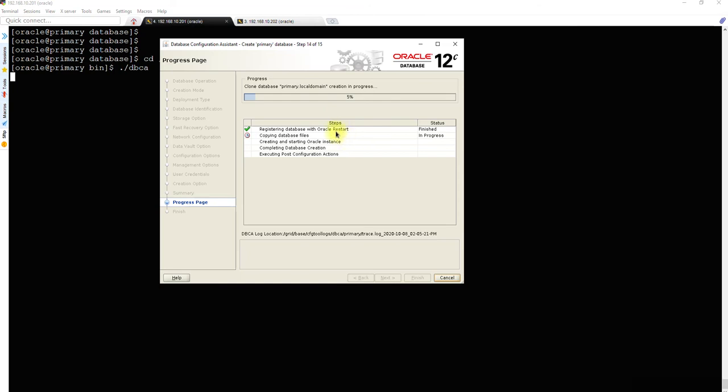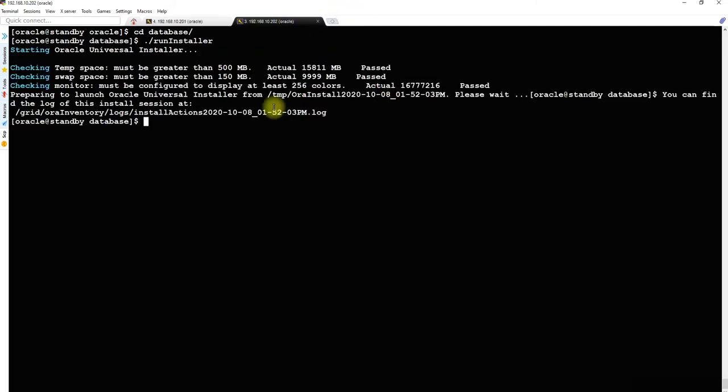Now you can see that because this is not a RAC cluster, after installation, during the database duplication, when we run ps -ef | grep pmon, you will see that the instance is running.